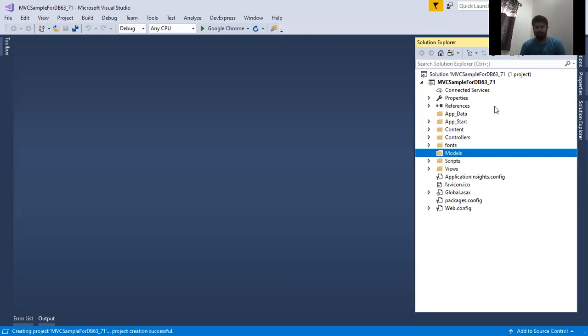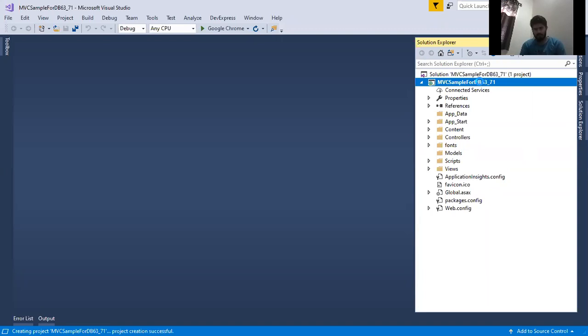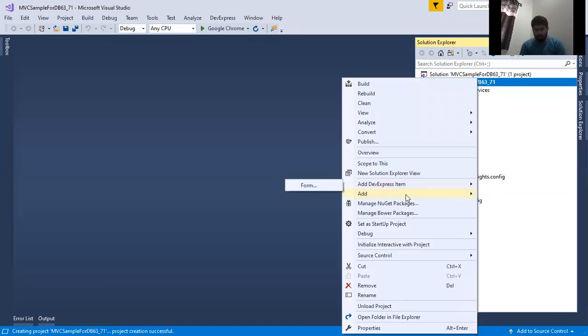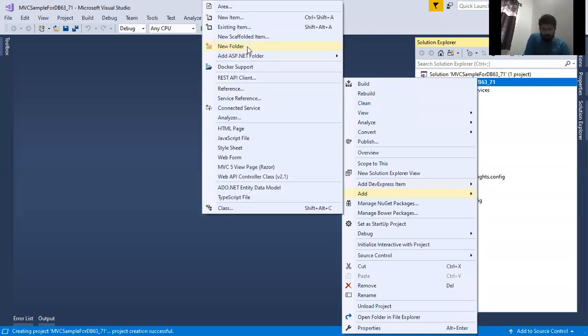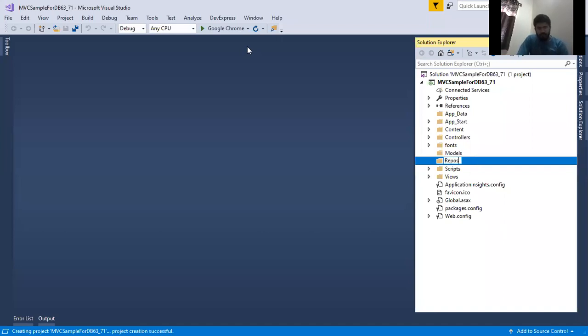First, let me create something called a repository folder. In this repository folder, I am going to write the code which will be useful for interacting with the database.